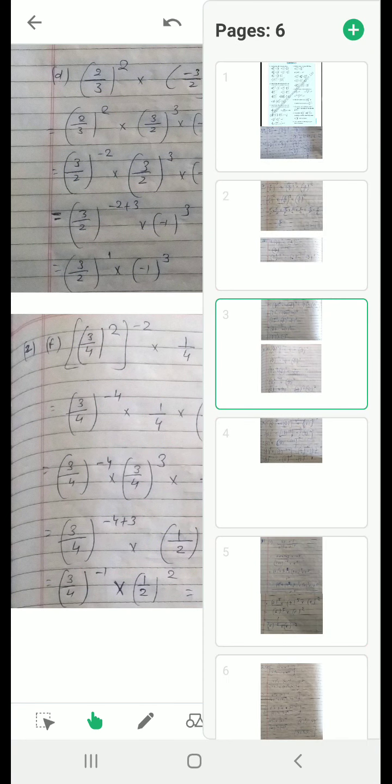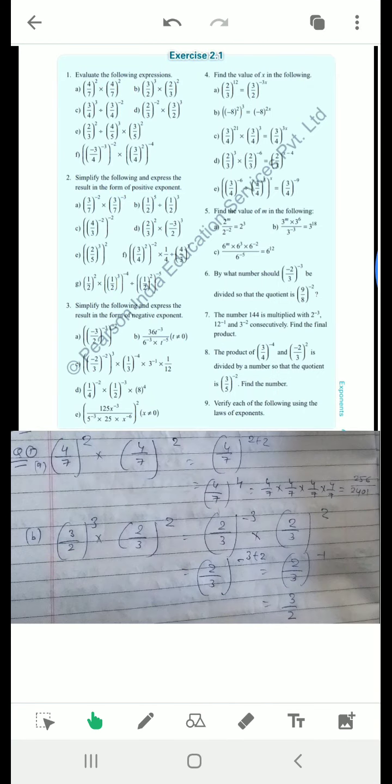The similar process you need to apply in the first question F also. So try to apply that thing in first F. Here minus 3 upon 4 also you need to write as 3 upon 4 multiply minus 1, and then you can solve. So try to solve. If you still find difficulty, then you can ask me again. Then E question is very simple.